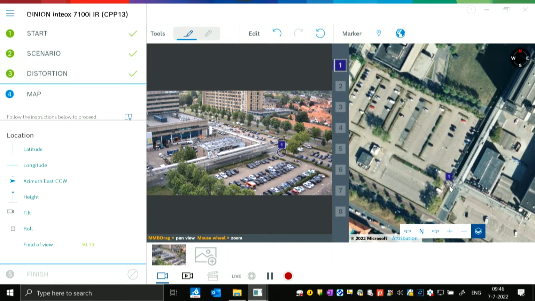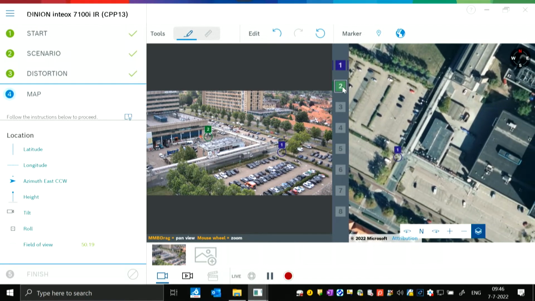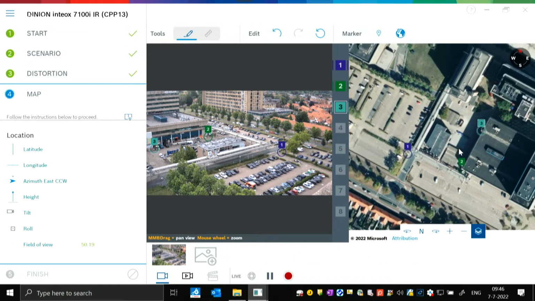and point number 1 is exactly also here on the map. So it's also point 1. You can also say, well, okay, this corner of the building here, point number 2, is over there, and the corner of that building is over there. I know the site a little bit. So this is point number 3, which I can select here on the other side of the building. This is also point number 3 there of this building, so on the map.